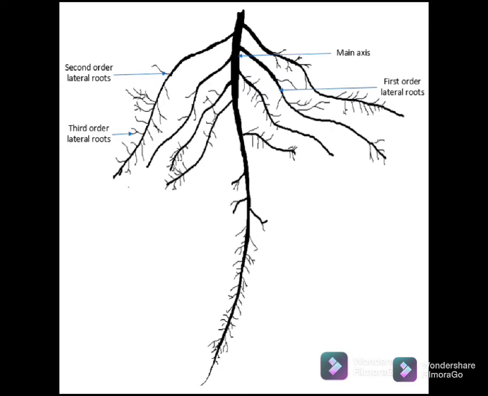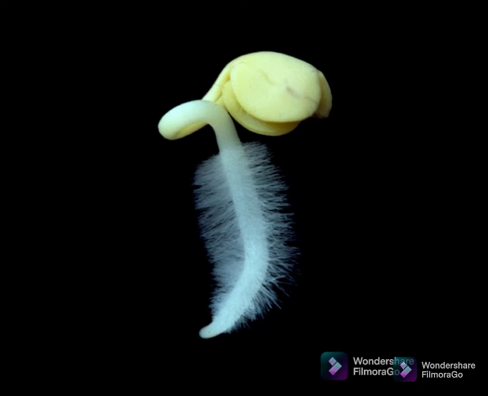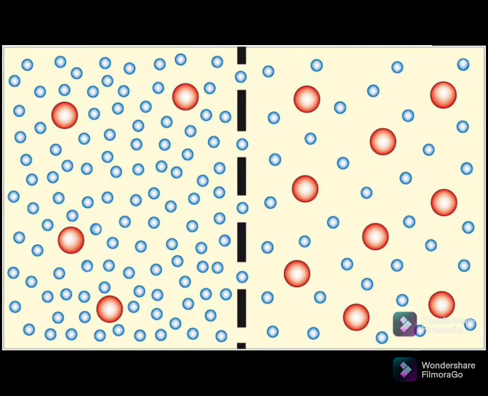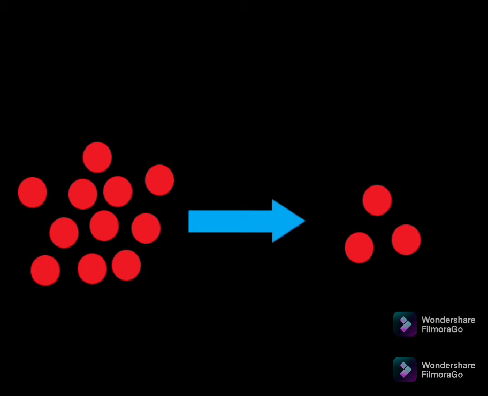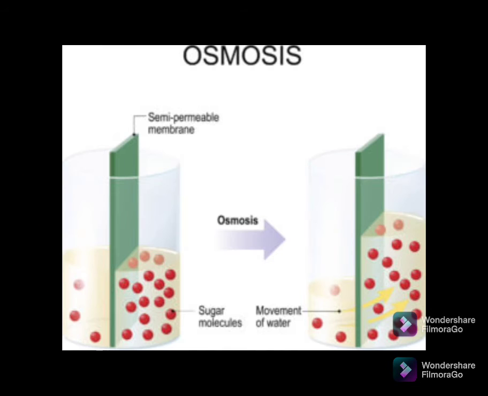So far we learned how the xylem and phloem tissue help in the conduction of water and food, isn't it? But technically, how does this water enter the root? Let's look into it. If you observe the tip of a root under the microscope, you will see tiny microscopic hairs present all over. These are called root hairs. These root hairs help in the absorption of water and mineral salts from the soil. The process by which water molecules enter the root hair is called osmosis. Unlike diffusion, that is the movement of molecules of gas, liquid or solid from a higher concentration to a lower concentration, in osmosis only water molecules are involved.